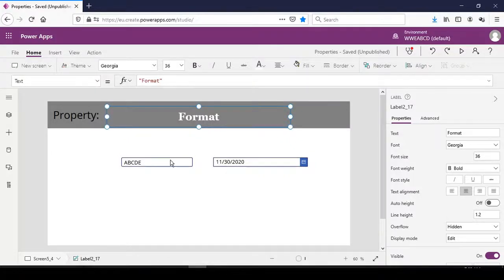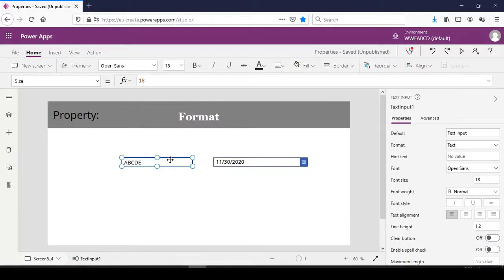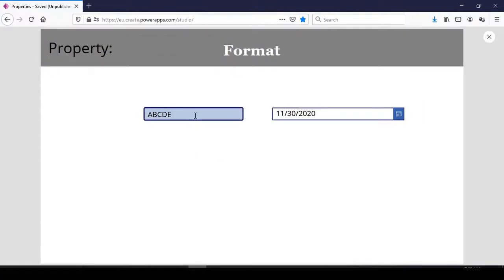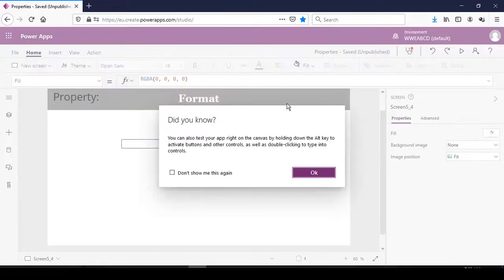Now, when a format property of a text box is set to text, it means that it can contain both numbers and text. So as you can see, I can type alphabets in this text box, and I can also type numbers as well as a mixture as alphanumeric. All of them can be typed in the text input control when it is set to